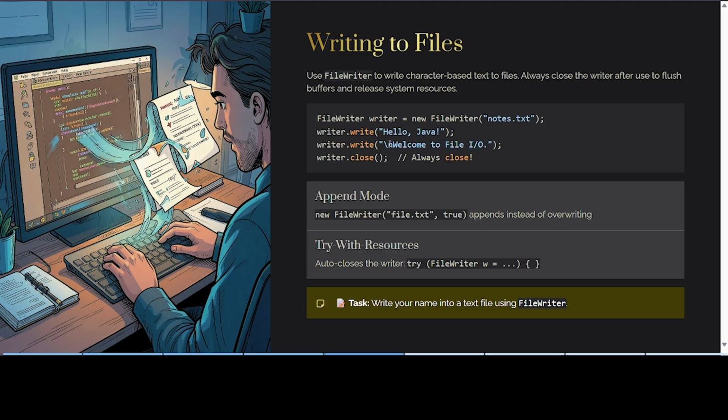Okay, we have to write the \n, which is nothing but a new line. And then writer.close(), you will close the file. So first you have to go to your file explorer and create one file, that is notes.txt. Then you have to write in that file using your code. Okay, it's text based writing,